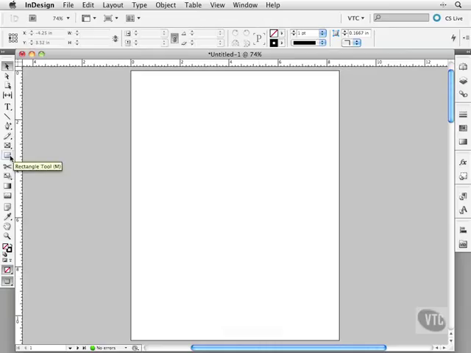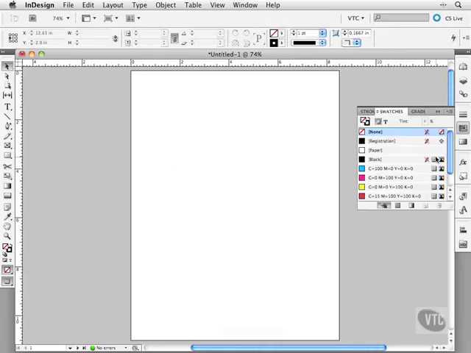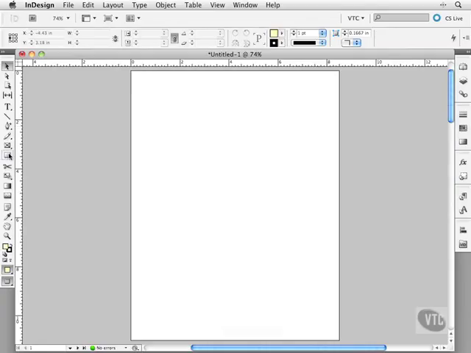So let me come over, and actually before I do this, I'm going to change the default color. I'll just make it a shade of yellow here, and it just makes it a little bit easier for you to see on the screen as I do it. Plus I've got a black stroke. So I'm going to come over here, and if I just draw a frame like that, there we've got a single frame. I'll delete that, and now I'll do it again, but this time as I draw